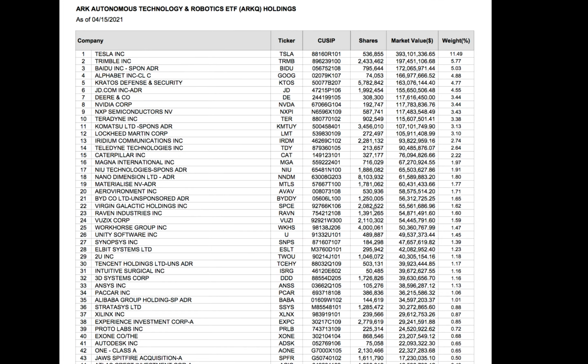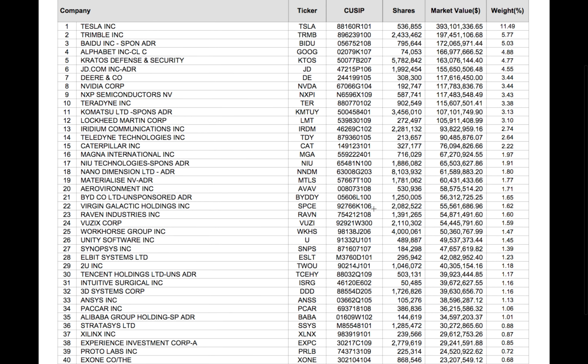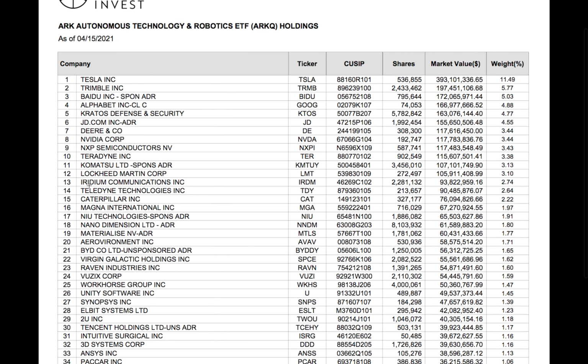And then this just shows that ARK Invest put their money where their mouth is. So if you have a look at their ARKQ, so Autonomous Technology and Robotics holdings, you can see that 18th spot is Nano Dimension with 8.1 million shares and a value of $62 million and a weighting of 1.8%. Okay, so now I'm going to talk a bit about the